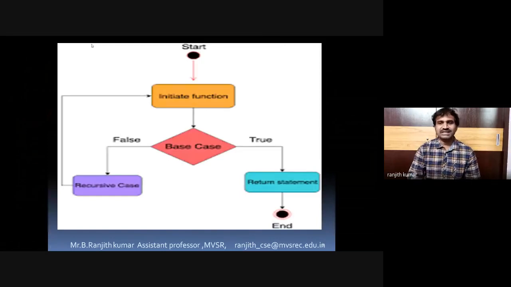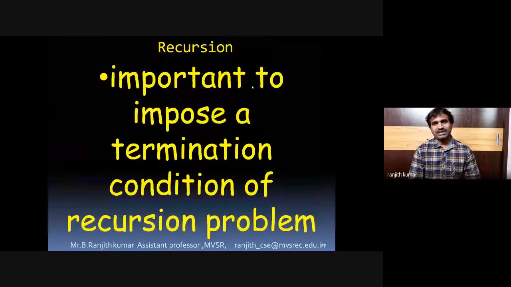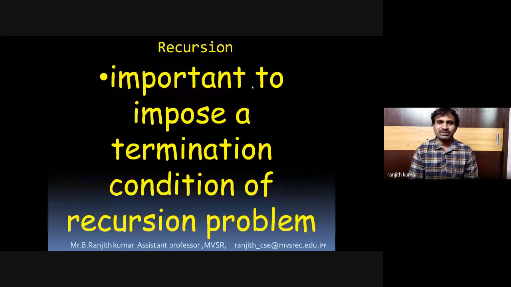Always every recursive function will have two cases: the base case, and if it is not a base case, you have to keep on calling again and again. Once you reach the base case, you have to stop. In our factorial problem, the base case is what? If the number is 0 or 1, we will stop. In our program, we have made it 0, but you can also write it as 1. It is always important to write a base condition in recursive logic, because otherwise it will go to infinity.